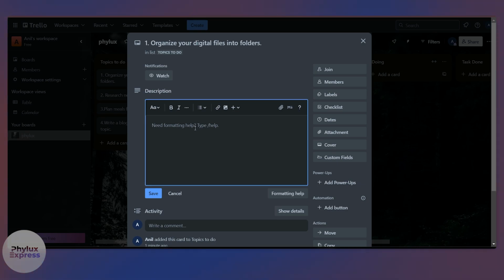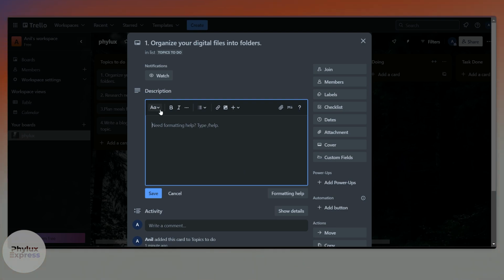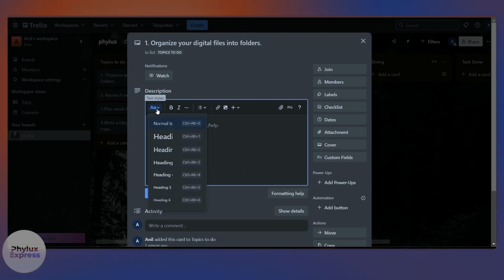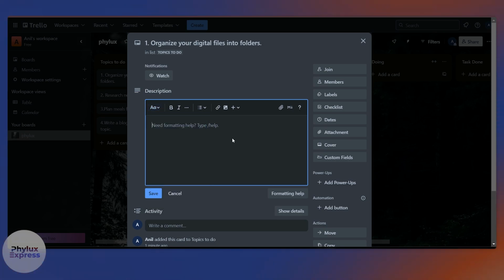So in the description we have so many options. The very first option is a text style, where you can add different kinds of headings, right? There are shortcut keys for these headings available here. So for example, if you just want to add information here till 30th